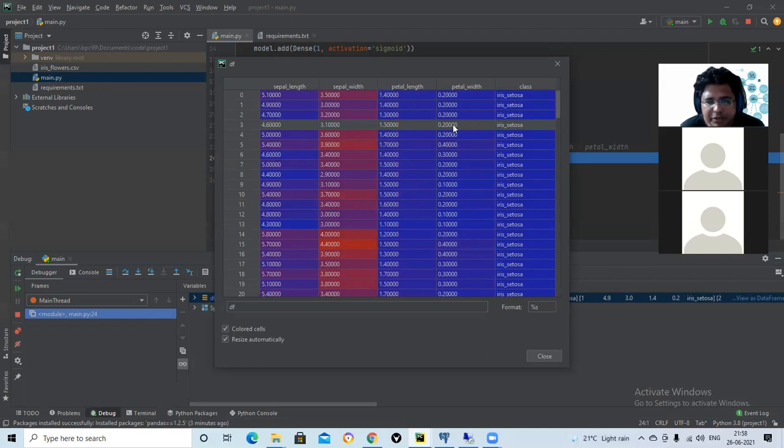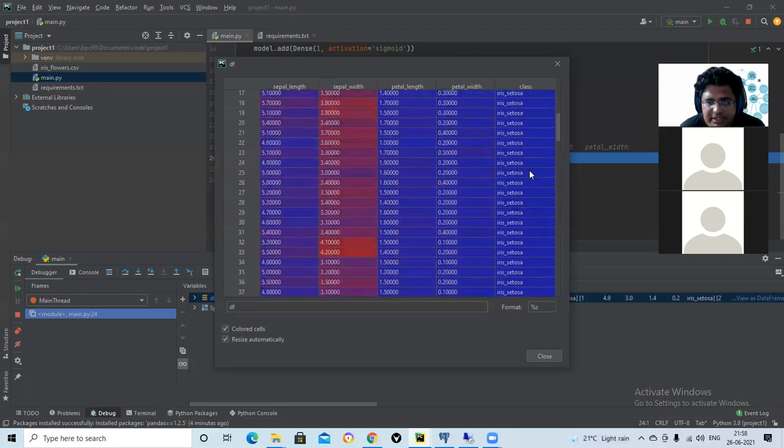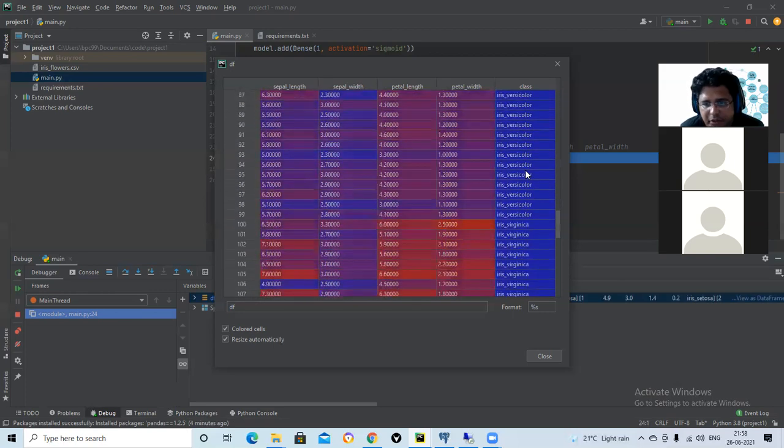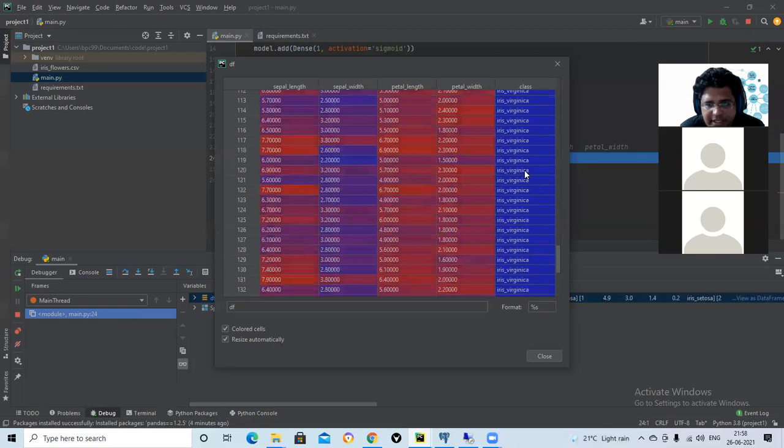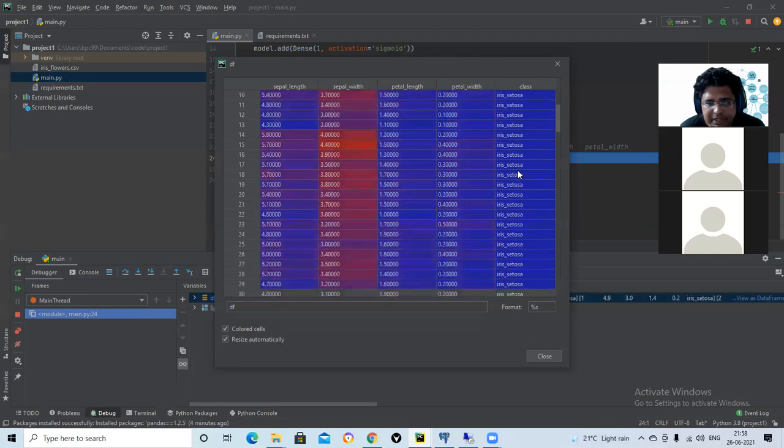So who can tell me what are we trying to do here? What kind of model is this? It's a classification model. Okay, so we have multiple classes here. So this is a simple classification model. That means in future, tomorrow, if somebody gives us a random sepal length, sepal width, petal length, and petal width, we should be able to predict the correct class of that flower using those 4 pieces of information, right? So that is our goal.